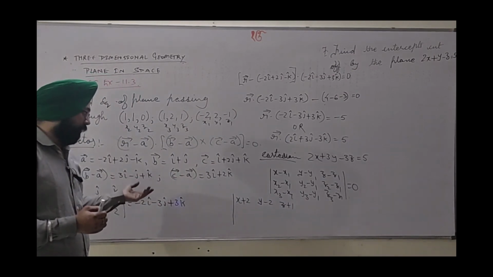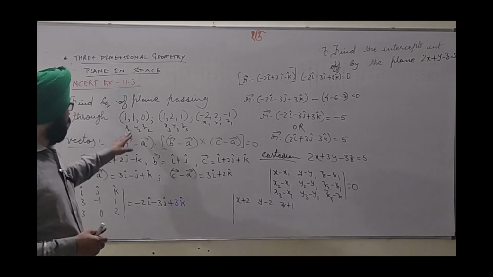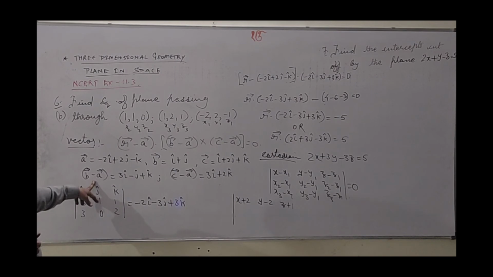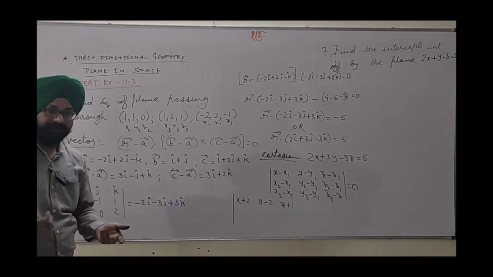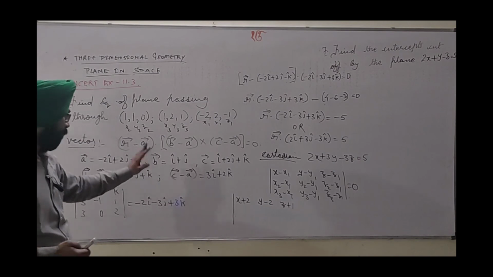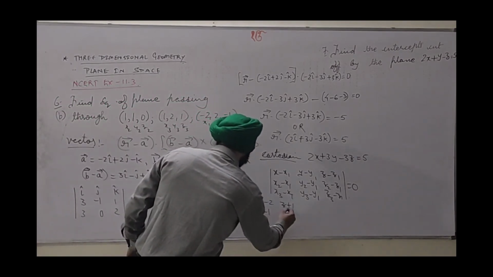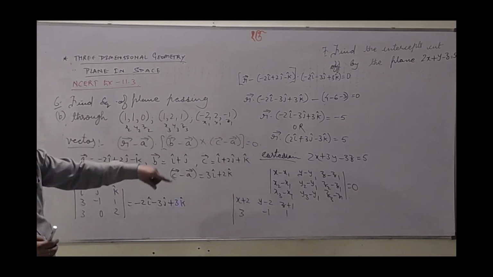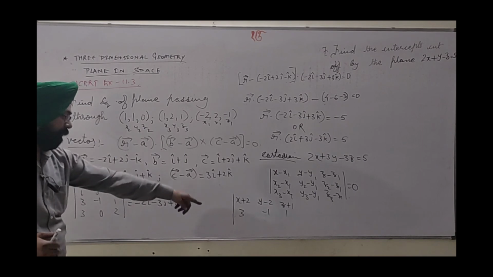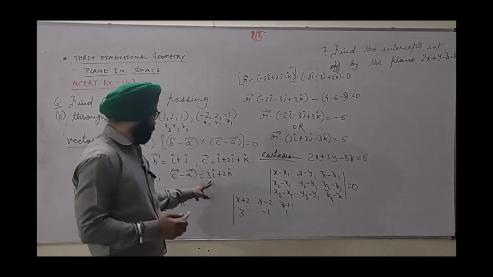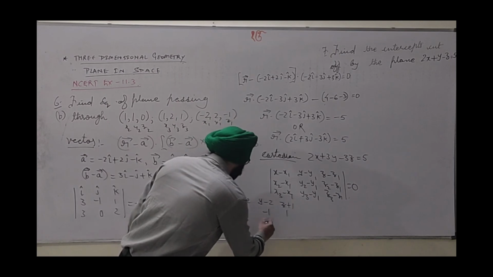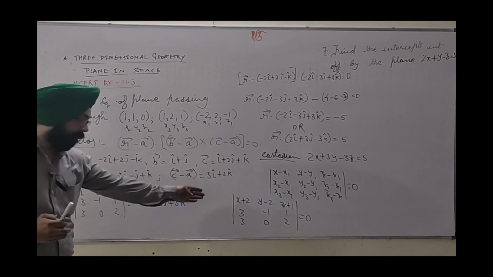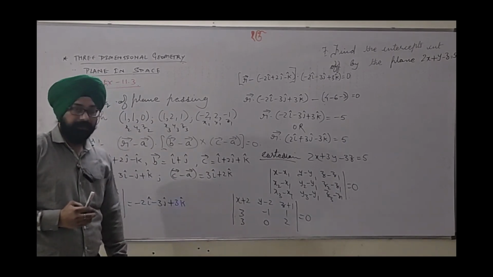Now be careful, here we are taking the subtraction of this group of x2 and x1, which we obtained here in b minus a. Like this, the subtraction we have already done, so we can copy down 3 minus 1, 1, x2 minus x1, y2 minus y1, z2 minus z1. Similarly, this c minus a means the third row we have already done, so here it is 3, 0, 2 equal to 0. Now the only thing we have to do is expand it along any row or column to get the final equation.